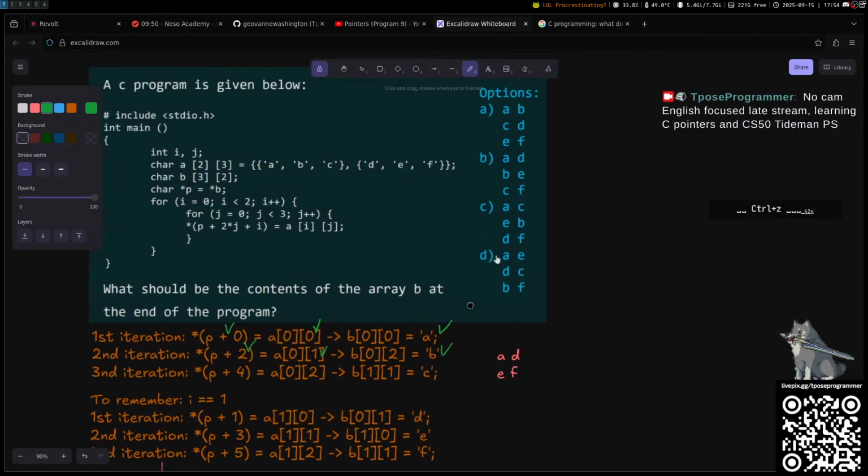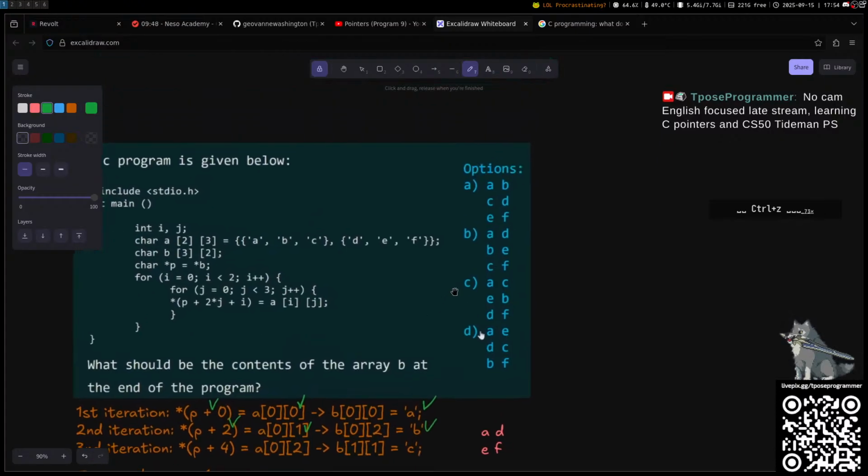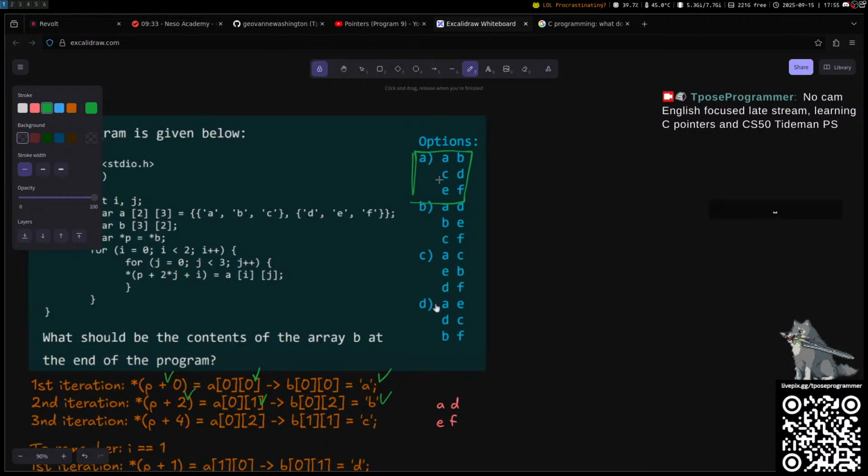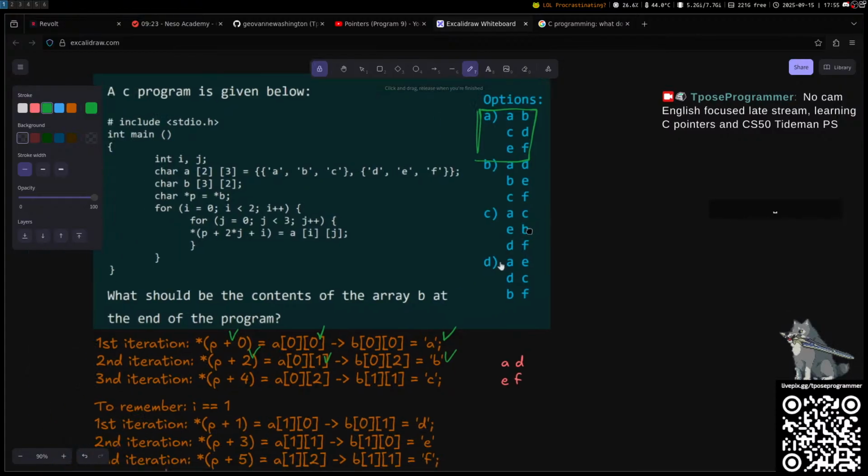So we should have B in the second. So it's gotta be option A here, no? There is no way it's not option A. I mean, obviously there is a way, but